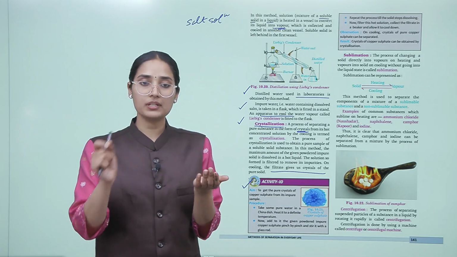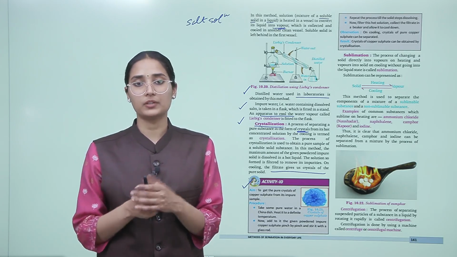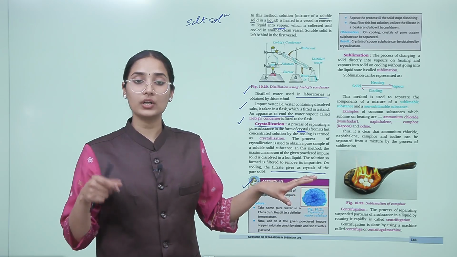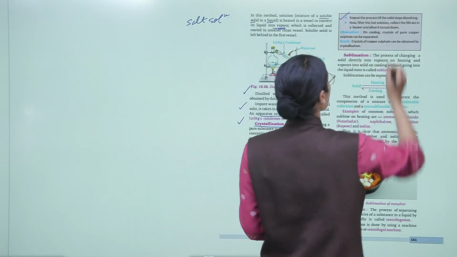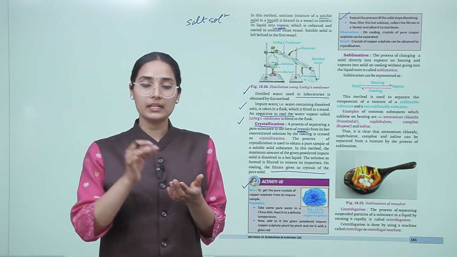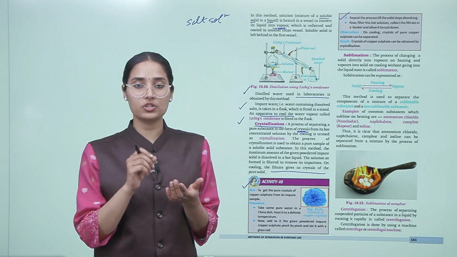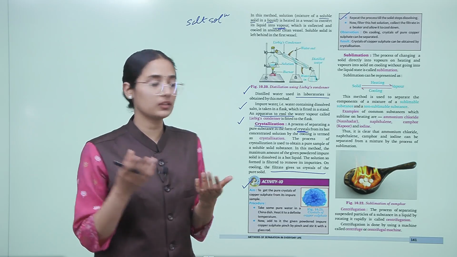So pinch by pinch slowly add the impure copper sulfate to this hot liquid. Now repeat this process till the solid stops dissolving. Okay, so keep adding that mixture till it stops dissolving any more